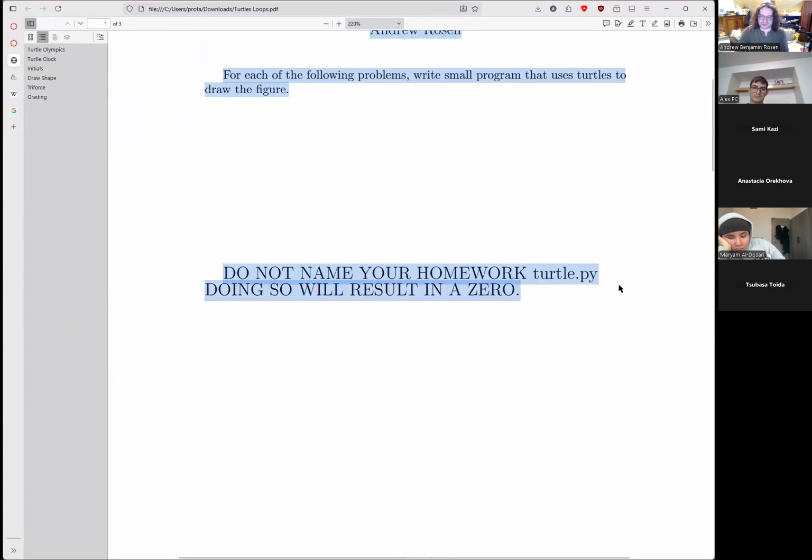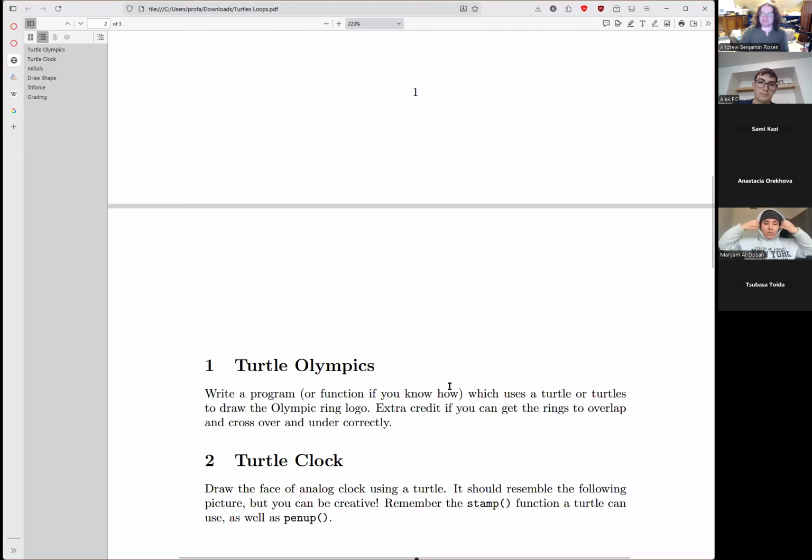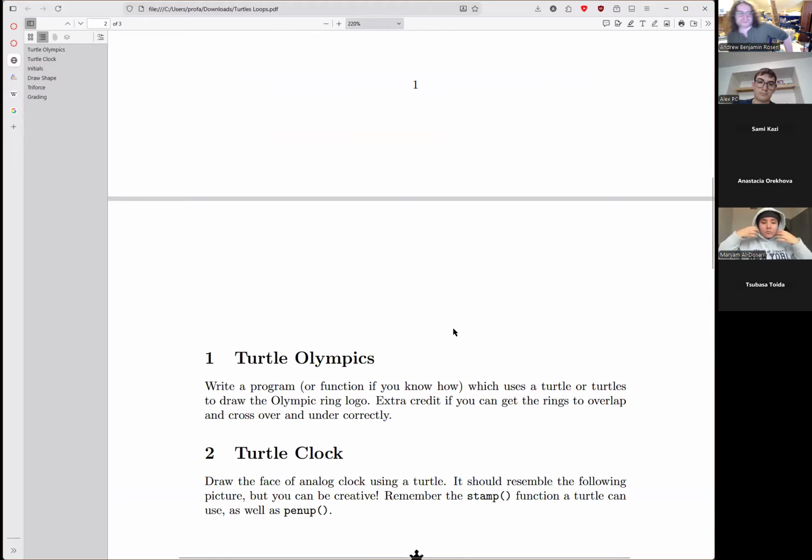Do not name your homework turtle.py. It will result in a 0. It leads to pain. Just don't do it. I have an entire video about why naming something the name of something you're trying to import can lead to problems. So first off, problem 1, Turtle Olympics: write a program or a function, if you know how,